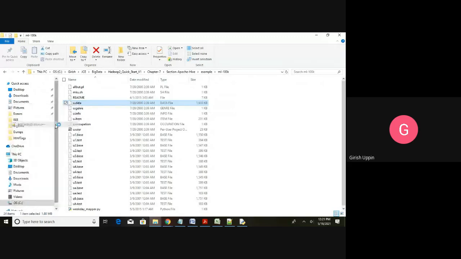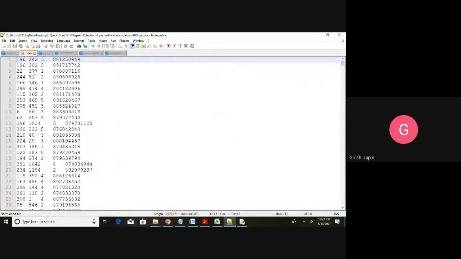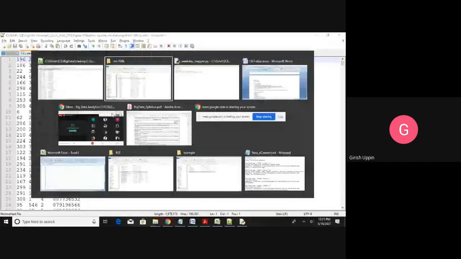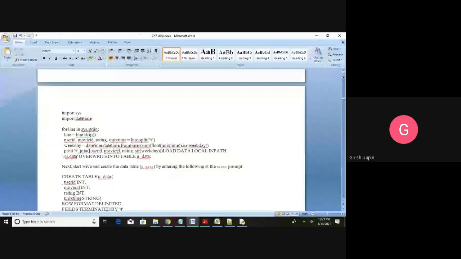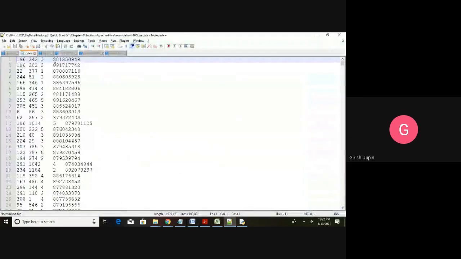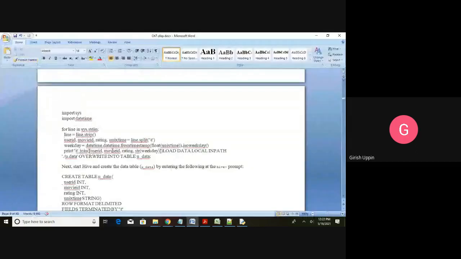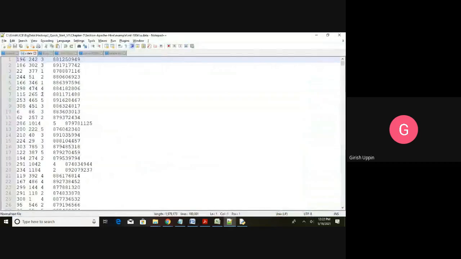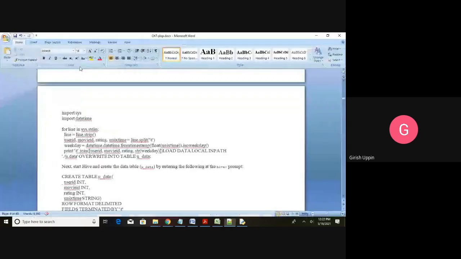So this is the data I am going to get, and I will just show you the data description. We have a user ID. This file has rating information, meaning for each movie, each user has given some kind of rating. The first field is the user ID, the second is the movie ID, and the third is the rating. You can see the ratings 1 2 3 4 5. And the last one is the time, but it is a Unix time.